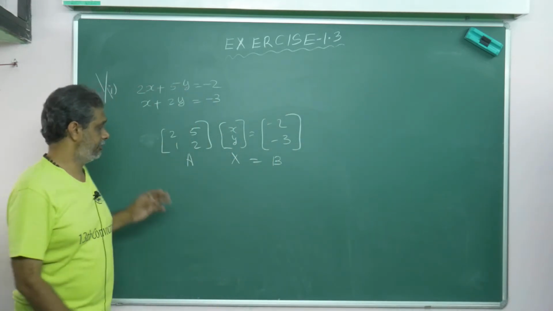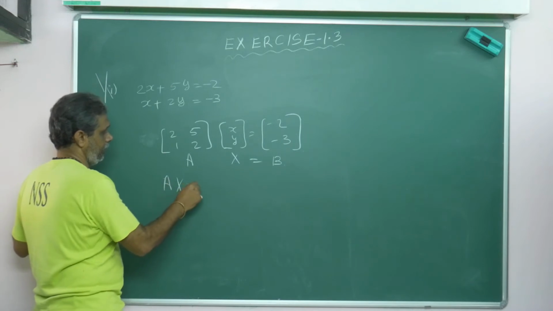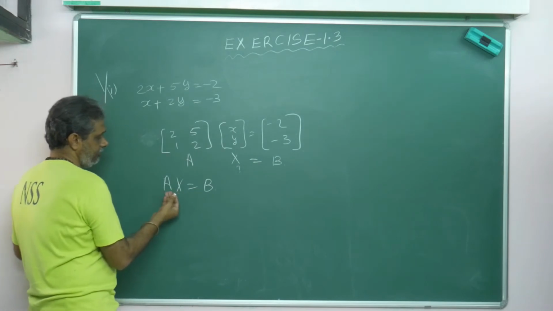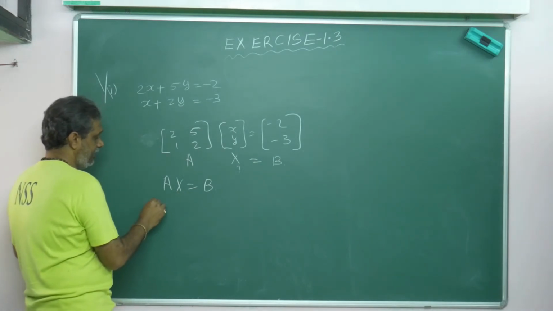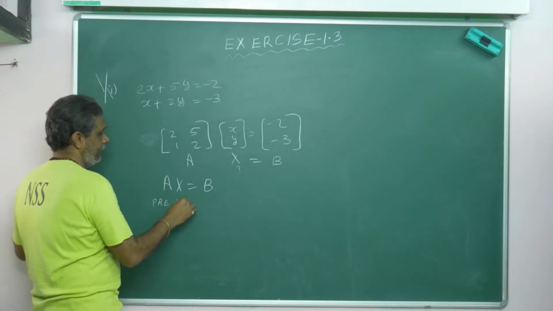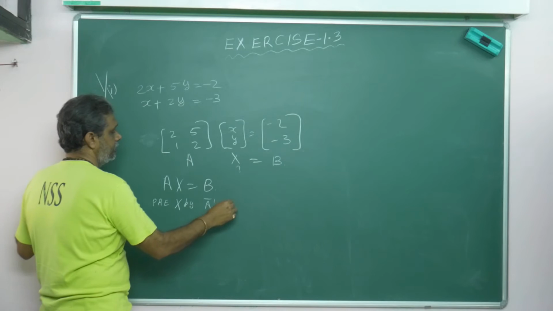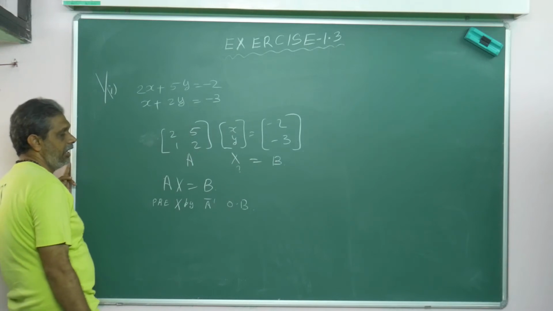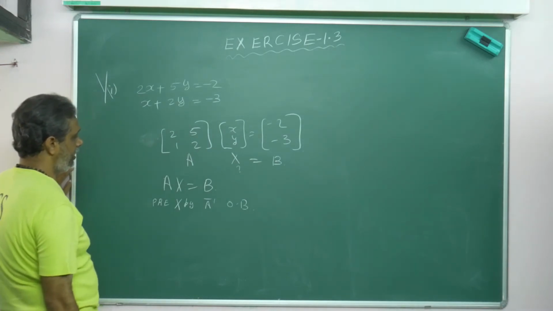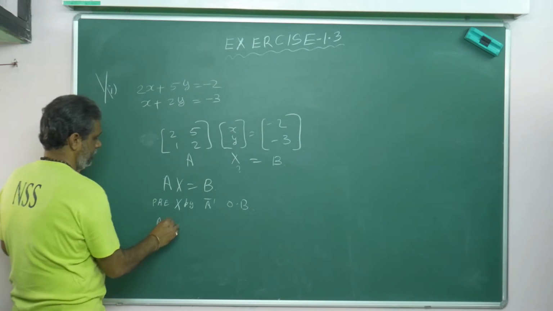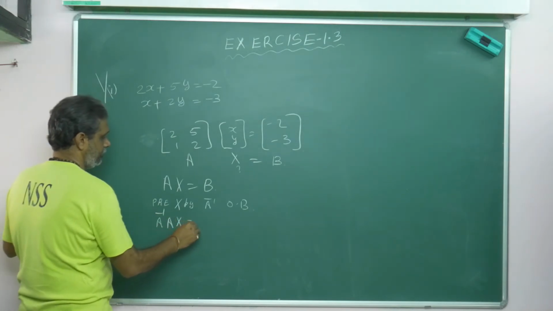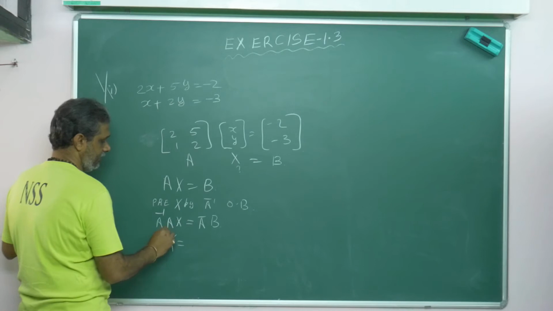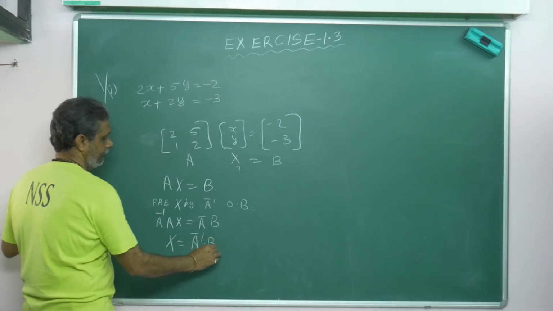So the given form is Ax is equal to b. I need x. X is equal to what is the question. So I want x, which means I want to remove A. How will I remove it? Pre-multiply by A inverse on both sides. Operated by A inverse means what you will get? A inverse into A x is equal to A inverse b. Now A inverse into A is equal to I. So A inverse b, now I reached.